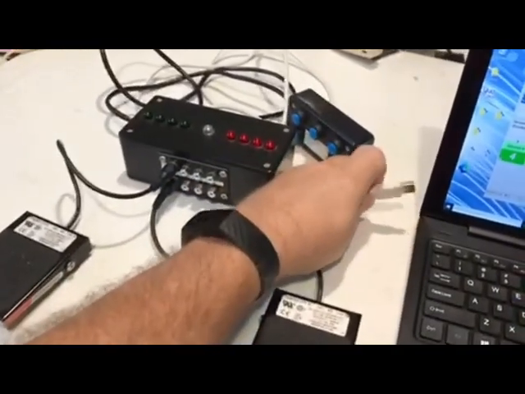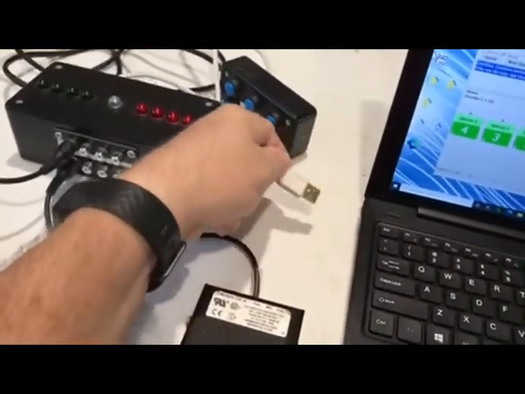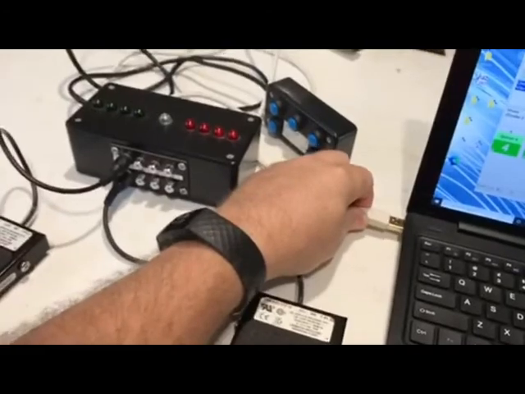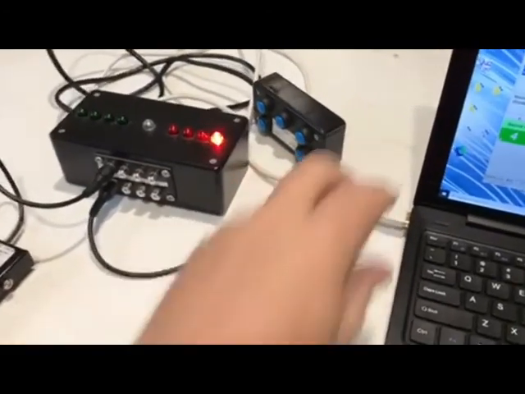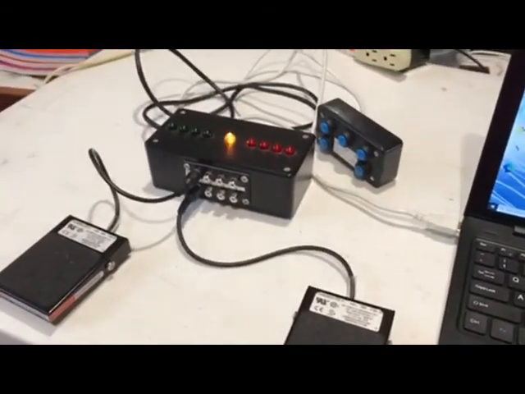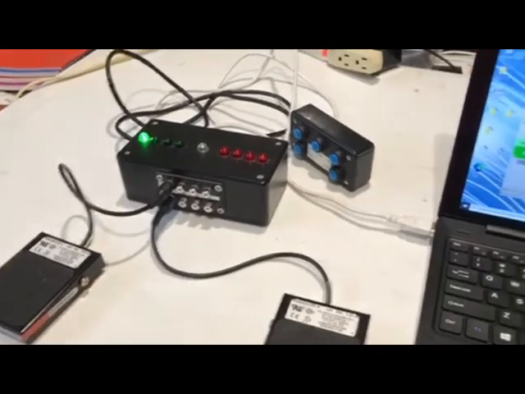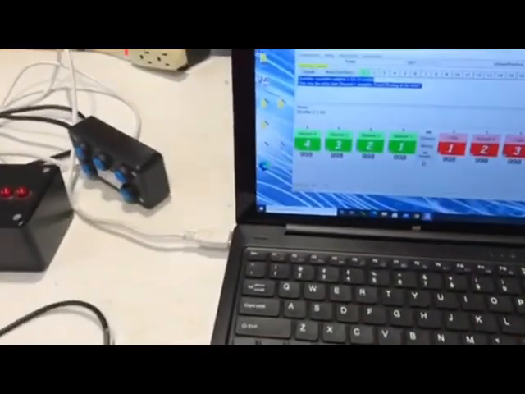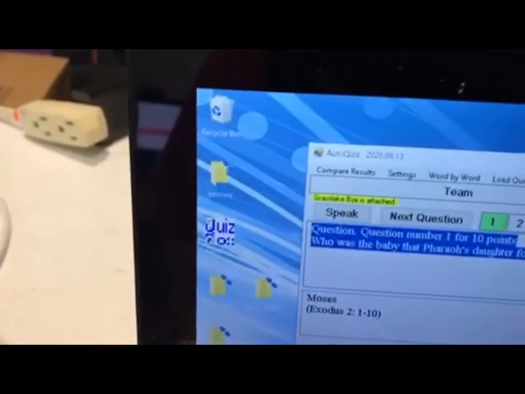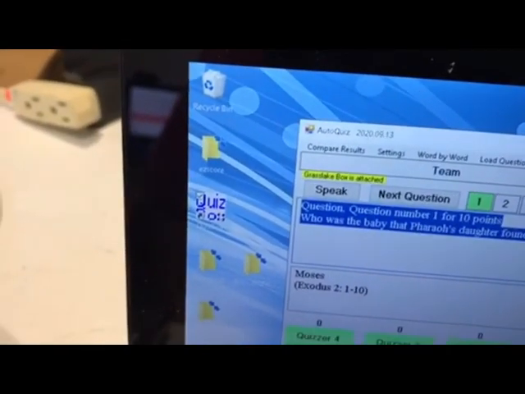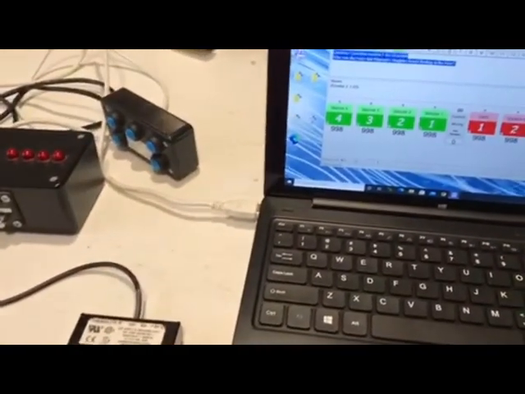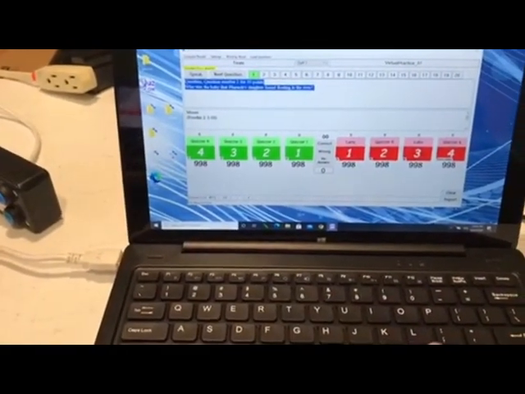And then what you want to do is take your USB cord, which is the power cord for the Grasslake box, plug it in. When you do, it'll go into the remote there. But as you can see right here, it says Grasslake quiz box is attached. That goes out if you unplug it, and if you've got it plugged in properly and it's connected properly, it will work. And what you do now is you just hook it up, set your quizzers in front of it,